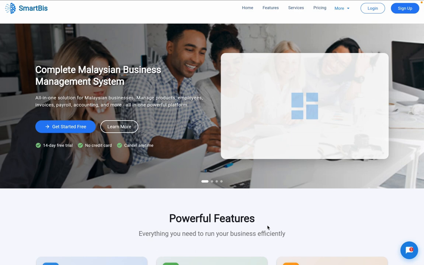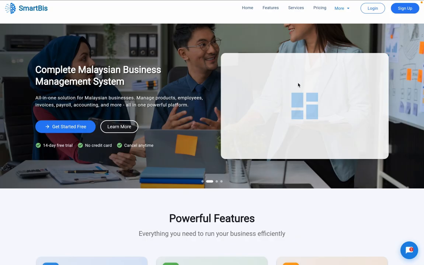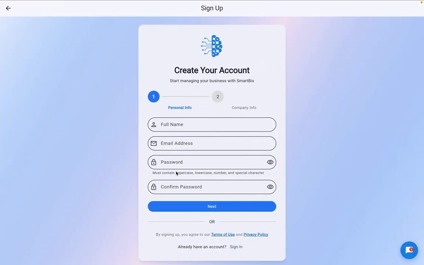The first thing you notice when you log on to smartbiz.my is the landing page where you can easily sign up with our free 14-day trial that doesn't require a credit card. You can easily sign up without putting in your payment card. When you finish putting in all the details, you proceed to the next page to put in your company information,